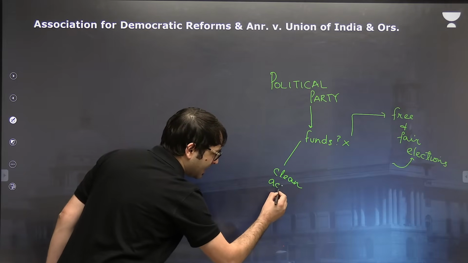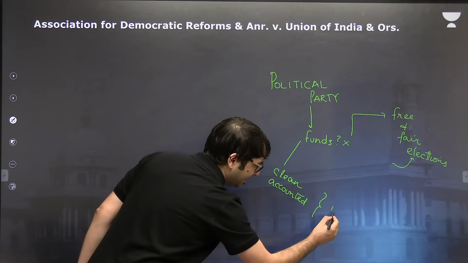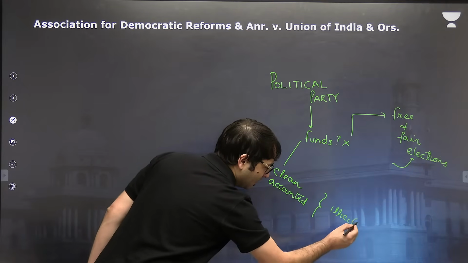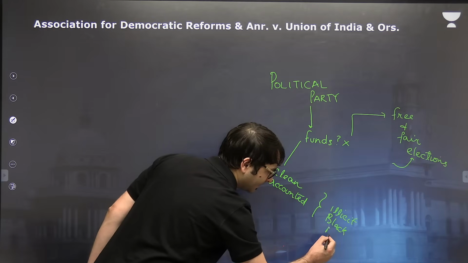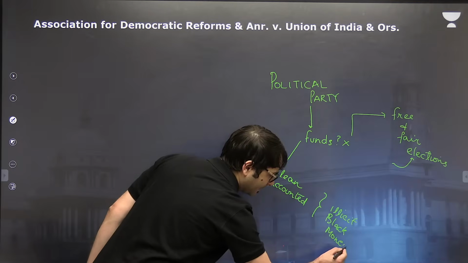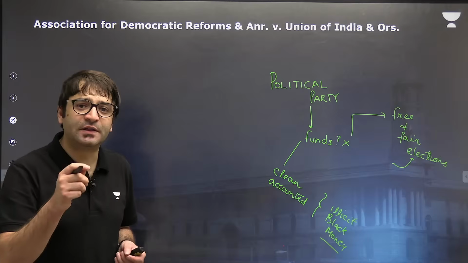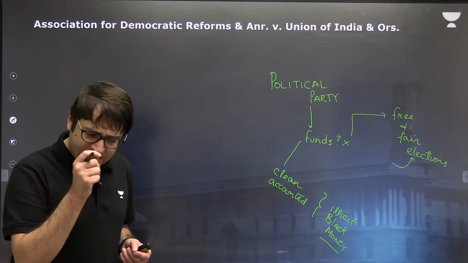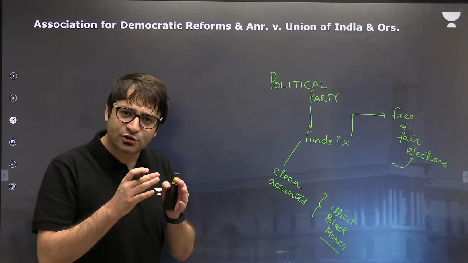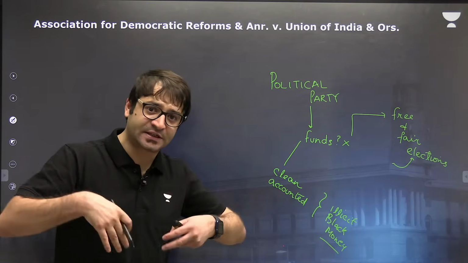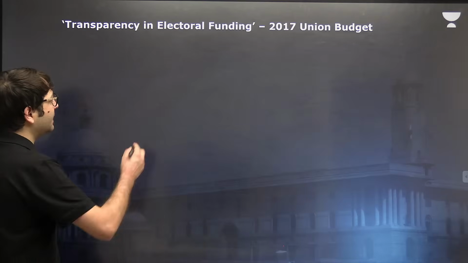This money should be accounted money. This money should not be illicit, or what is famously known as black money. And cash is normally associated with black money. So any initiative which limits the cash involvement in political donations is a welcome step. And that's precisely the reason the year was